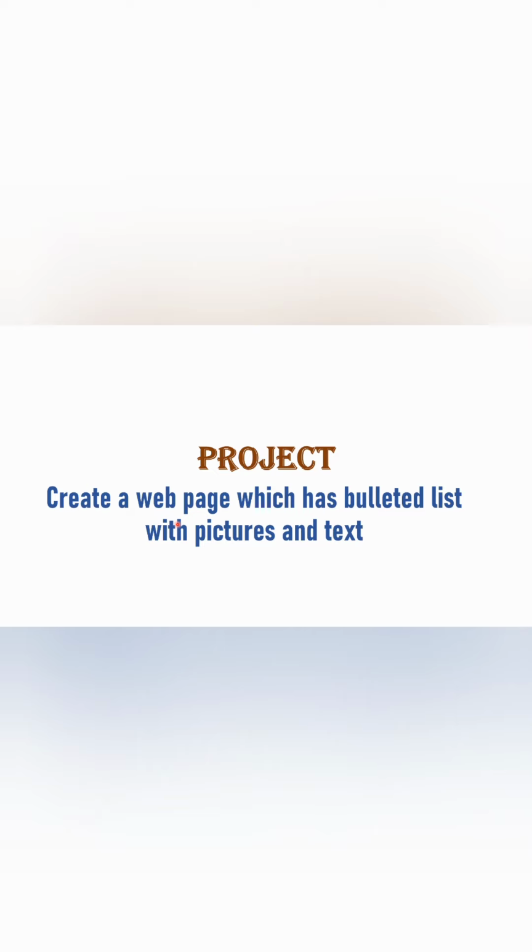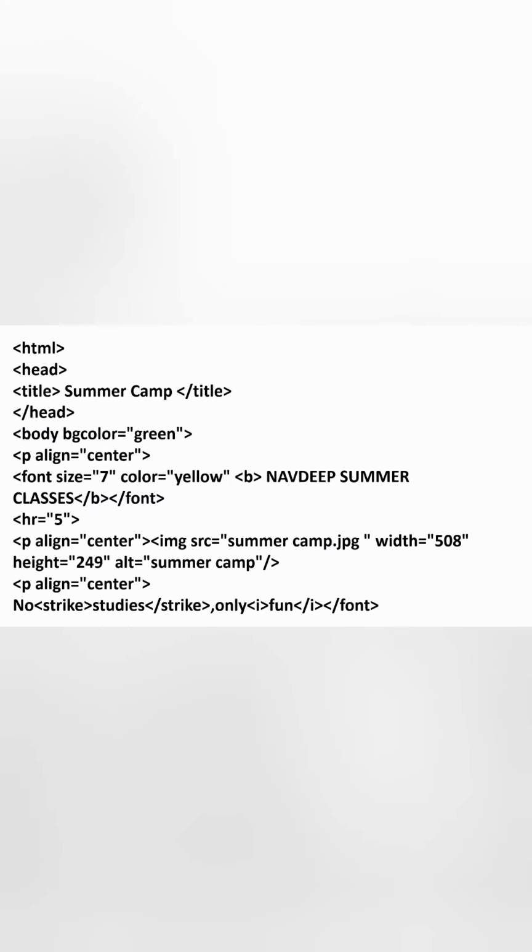Then we have to use different HTML tags for creating the web page. So first I will explain which tags we have used for creating the web page, which has a bulleted list with pictures and text. Okay. So students, we have learned there are four essential HTML pairs of tags we are using for creating a web page. They are the HTML pair of tags, header pair of tags, title pair of tags, and body pair of tags. The body tag contains all the information and other content which is displayed on the web page. So we are using different tags and their attributes for making our web page more beautiful.